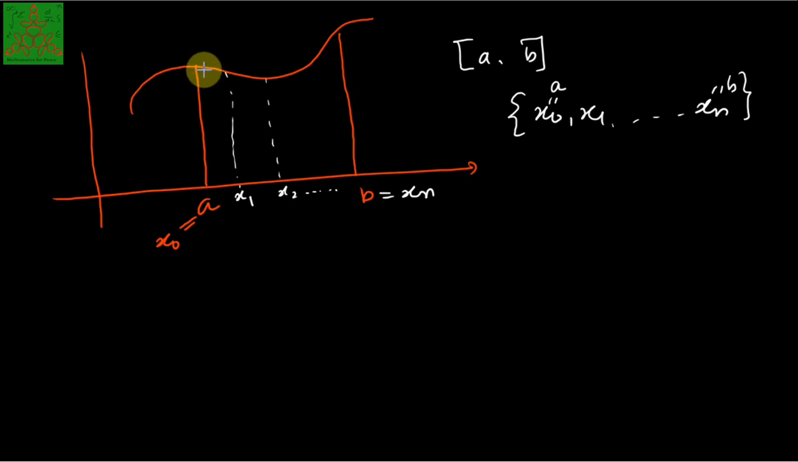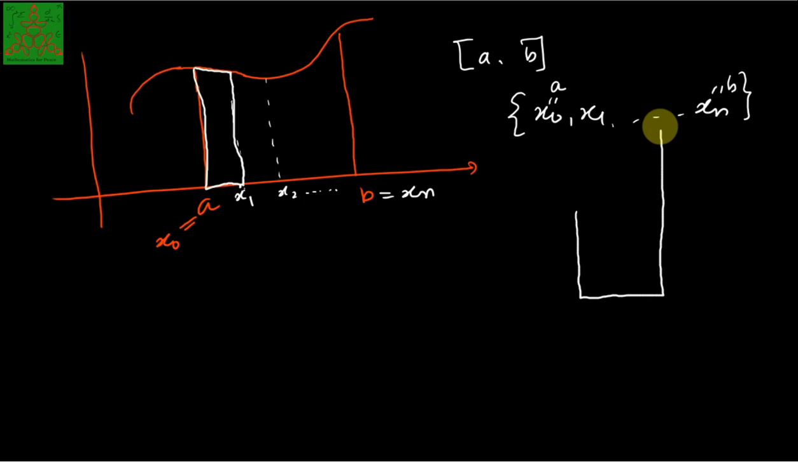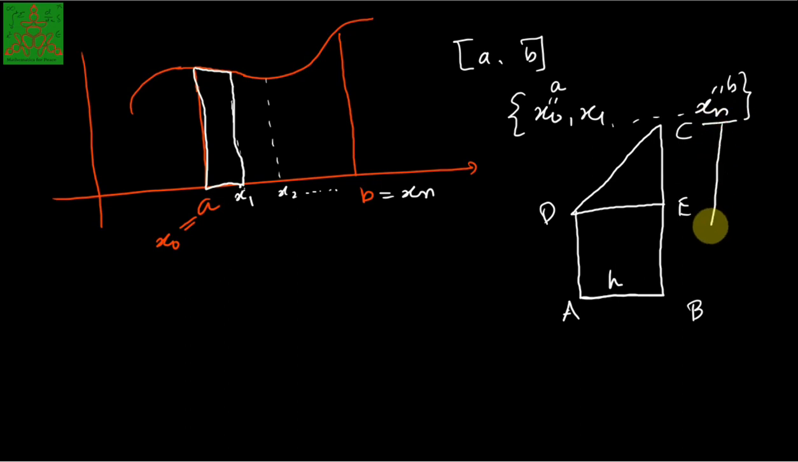Now let us look at this area which we have here. This is one of the trapezoidums, and the trapezoidum generally lies in this manner. Now the question is, what will be the area of this trapezoidum? Let's say this is A, B, C, D, and this point is E. If I consider the length of this one as h, and the height as m,